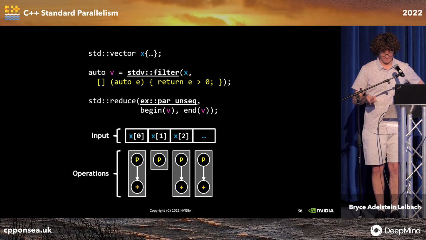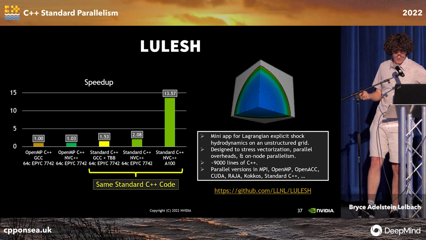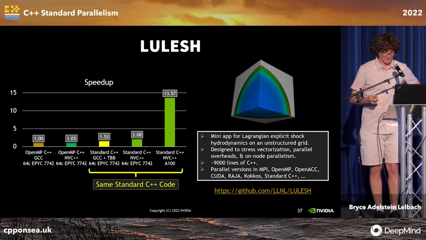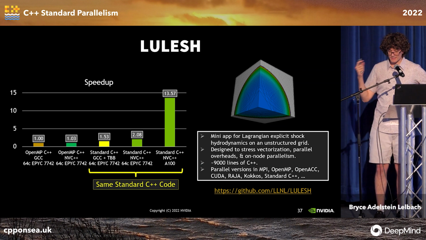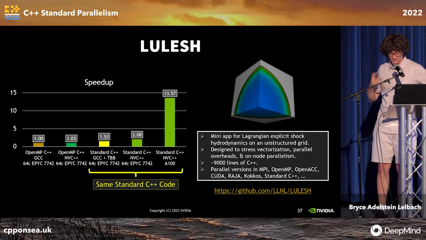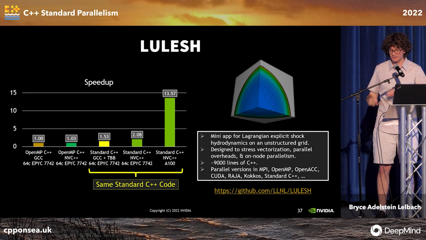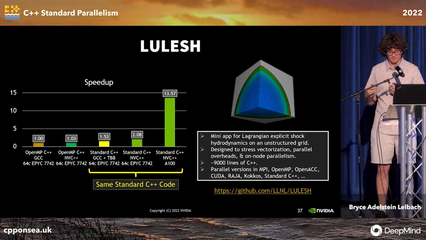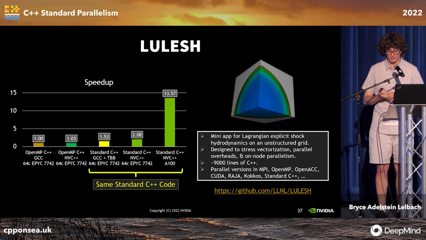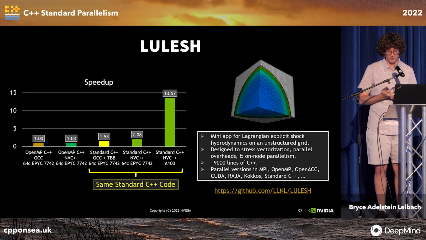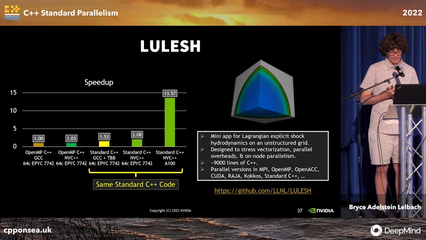All right, so now I'm going to show you some example applications that have already adopted standard C++ parallelism. So Lulesh is an HPC mini app for Lagrangian explicit hydrodynamics on an unstructured grid. It's designed to stress vectorization, parallel overheads, and on-node parallelism. And it's been ported to a variety of different parallel programming frameworks like MPI, OpenMP, OpenACC, CUDA, and now also